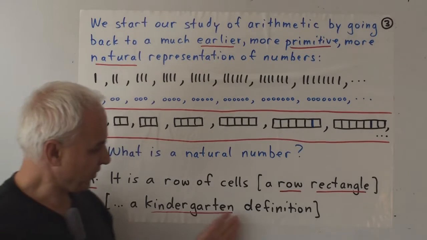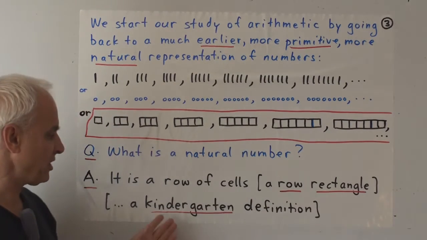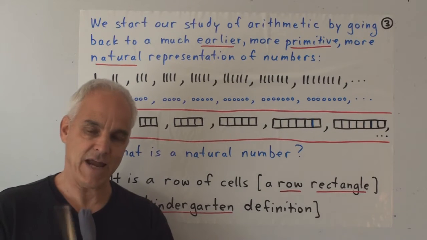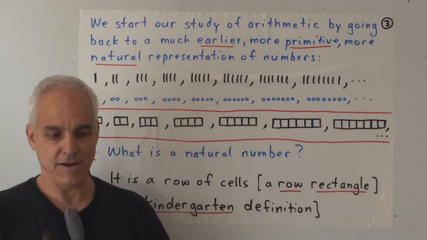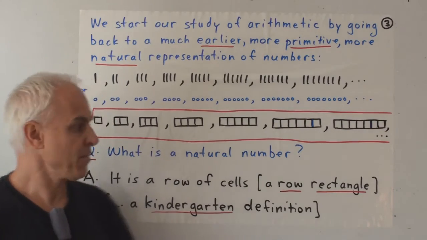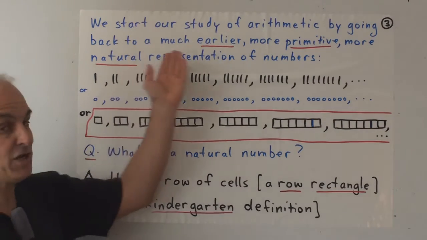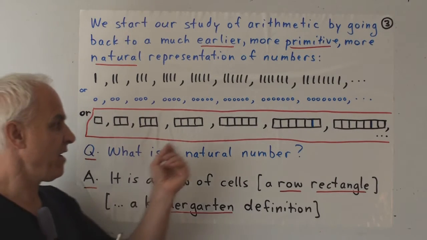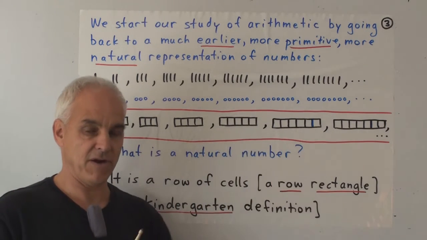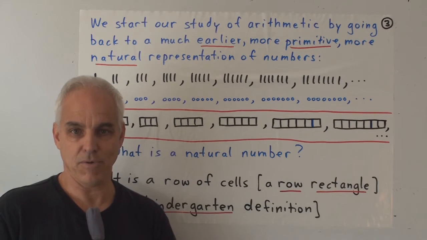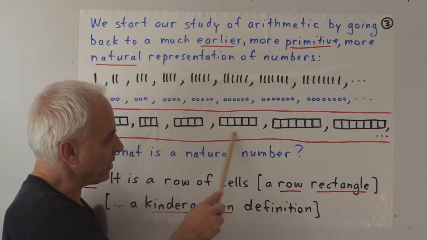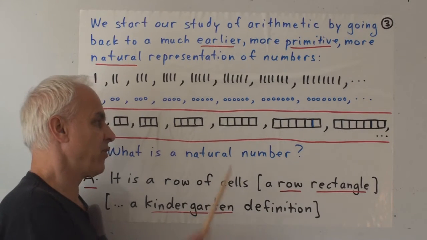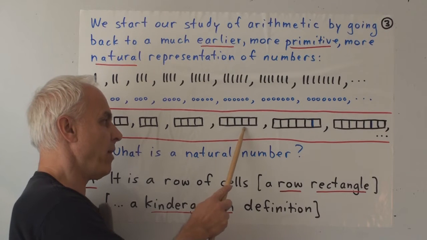So I'd like to think of this kind of approach to natural numbers as being very suitable for kindergarten. And it's kind of a kindergarten level of understanding of natural numbers. A natural number is a row of cells. We are not assuming our Hindu-Arabic notation. We're not assuming that we have the current names for all these various numbers that I know you and I both know. So instead of calling this 5, which we're tempted to do, let's, for now at least, agree that this is the number 1, 1, 1, 1, 1.